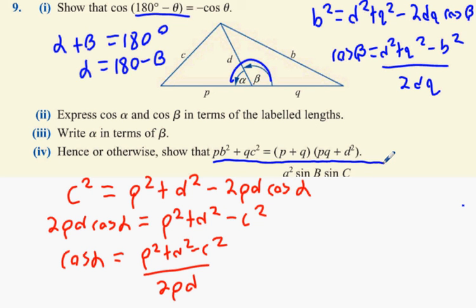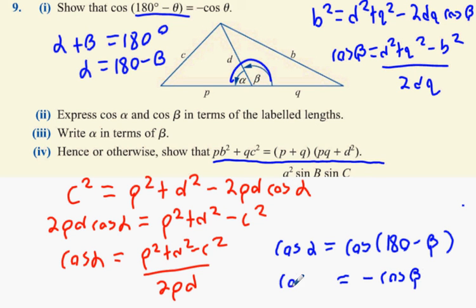Okay, so let's try it like this, right? So why don't we try cos alpha equals what? Cos alpha equals cos 180 minus beta. Would you agree with that? Yeah? And what can we change 180 minus beta into? Look at part 1. Minus cos